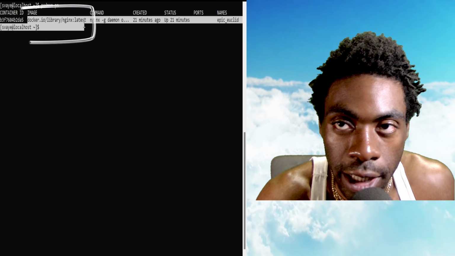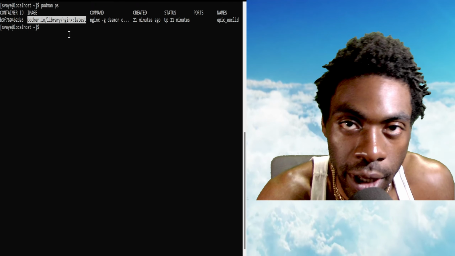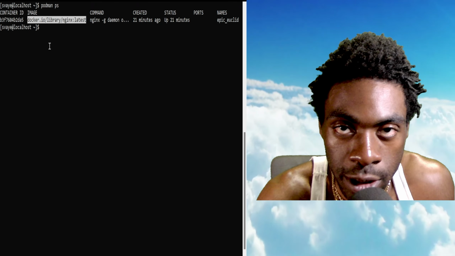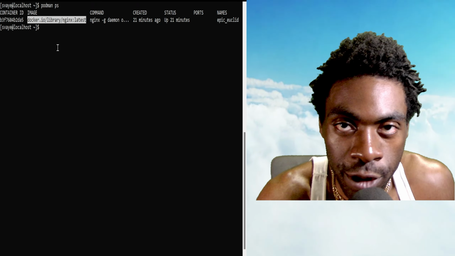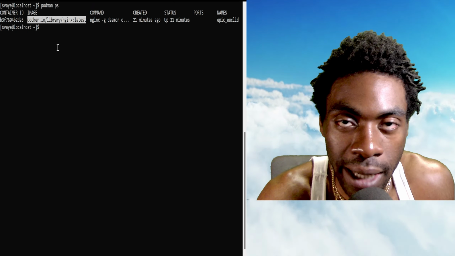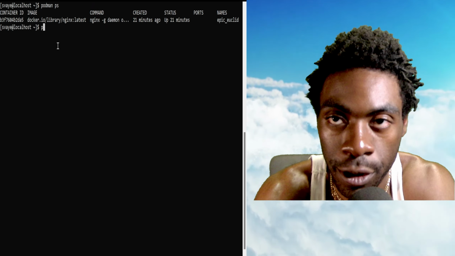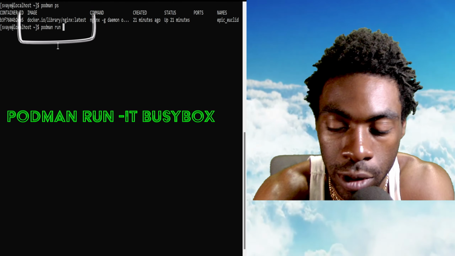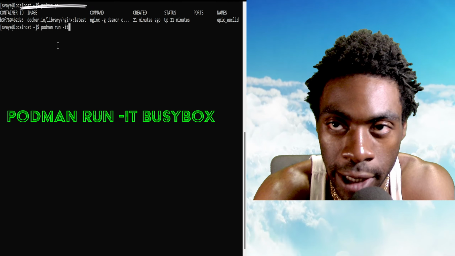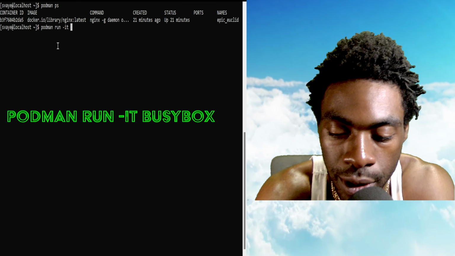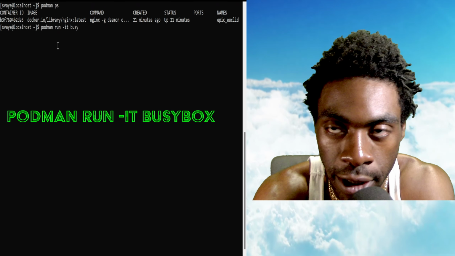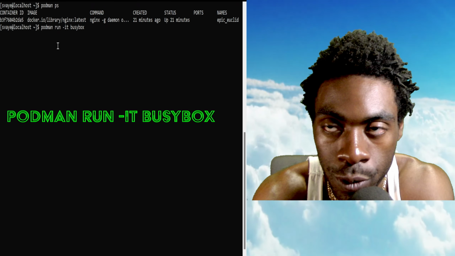This Nginx container does not have a shell built in, and that makes sense for a web server. It makes it more secure. So what we have to do is download a container that does contain a shell. We can do that by doing podman run and we're going to specify we want to enter the shell by using it,